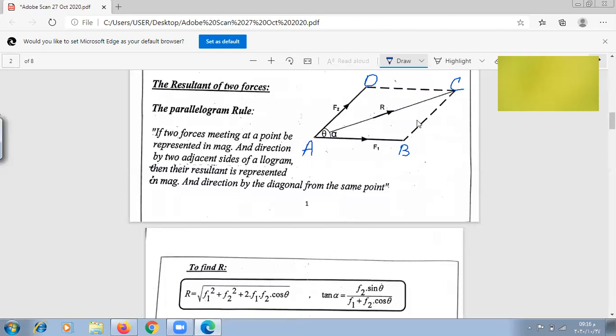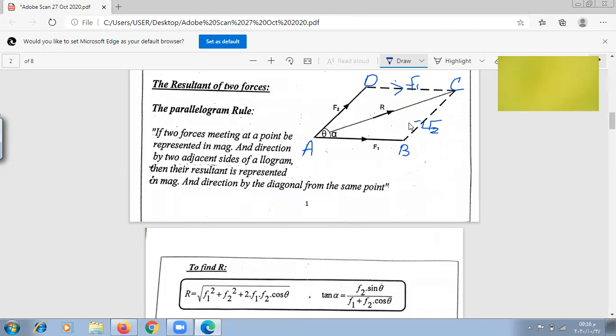Someone will tell me, where is F2 in triangle ABC? We know that equivalent vectors have the same magnitude and same direction. So we can translate F2 to BC and F1 to DC. And they are equivalent because this is a parallelogram. BC and AD are parallel and they have the same magnitude. If the angle between the two forces is theta and the angle between the resultant and the first force is alpha,